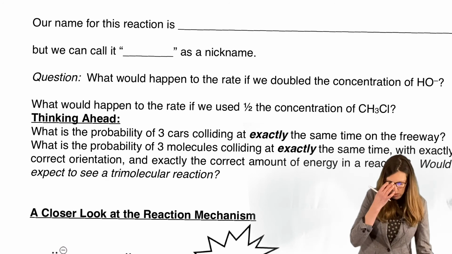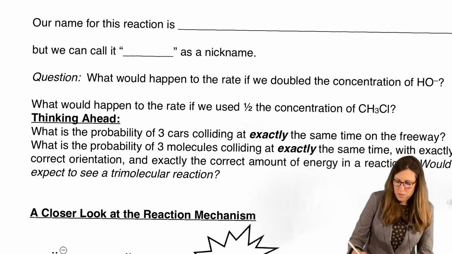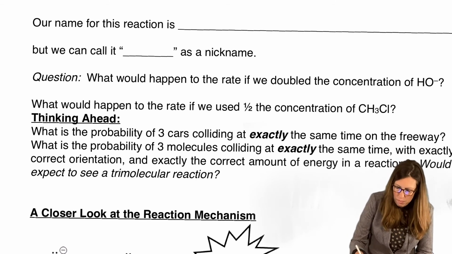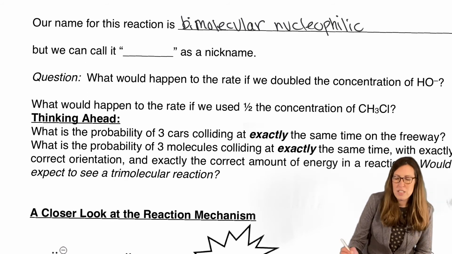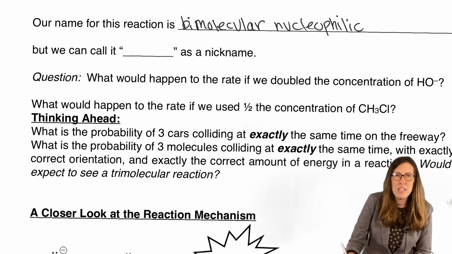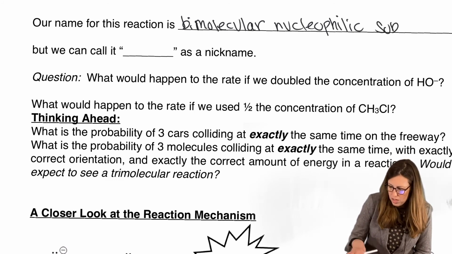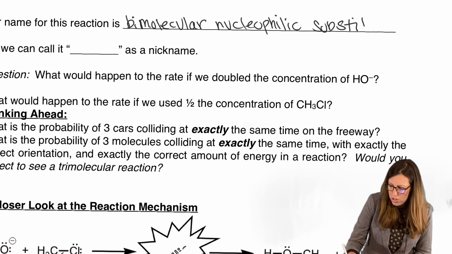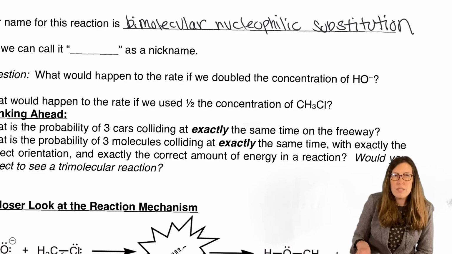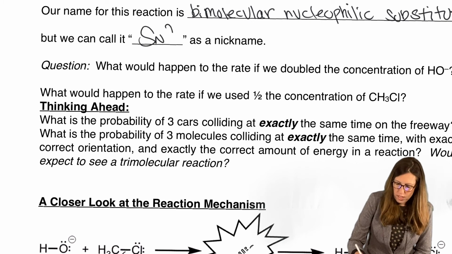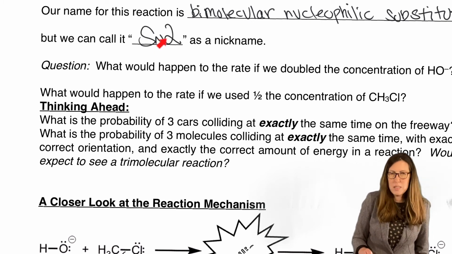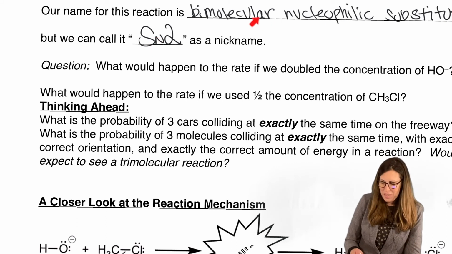So the real name, as opposed to that short SN2, when you look in your textbook, is bimolecular, two molecules. Nucleophilic. So the nucleophile attacks the electrophile, in other words. The nucleophile replaced something in the electrophile. Substitution. So now that nickname should make more sense: substitution S, nucleophilic N, bimolecular 2. It usually has that little N, capitalized but subscripted, just to make it clear it's different. So it's SN2 basically.